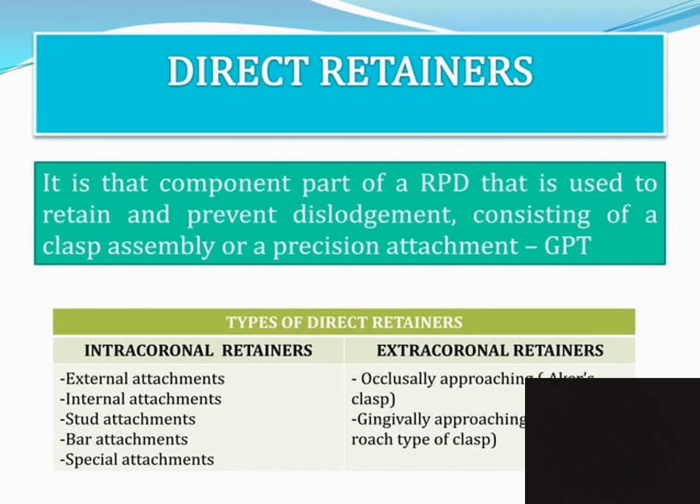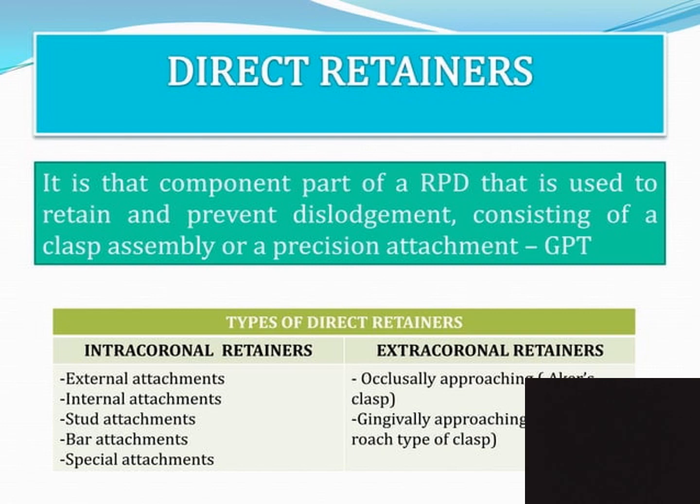The direct retainer is that component part of the removable partial denture that is used to retain and prevent dislodgement, consisting of a clasp assembly or a precision attachment, according to GPT-9. The types of direct retainer can be intracoronal or extracoronal. Under intracoronal there are external, internal, stud attachment, bar and special attachments, whereas extracoronal has the occlusally approaching clasp